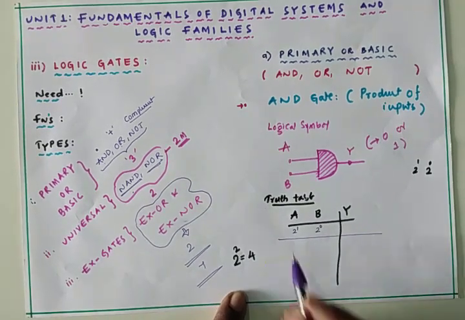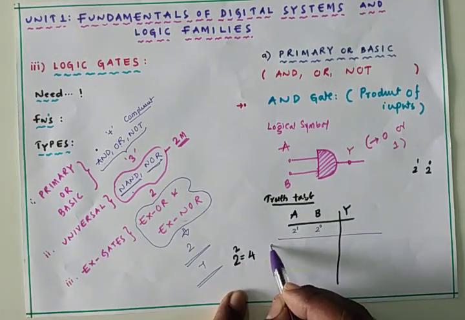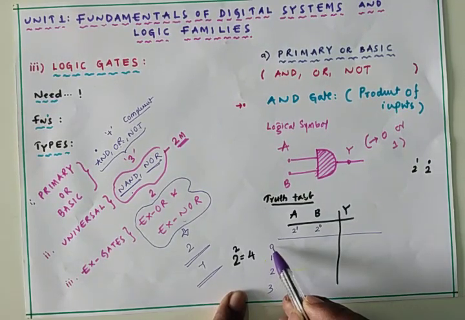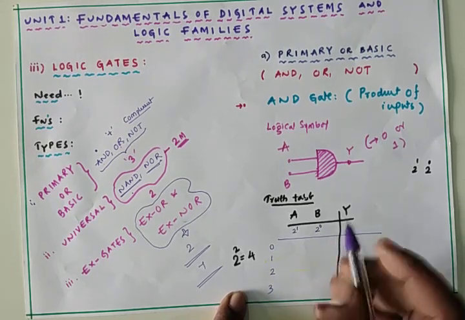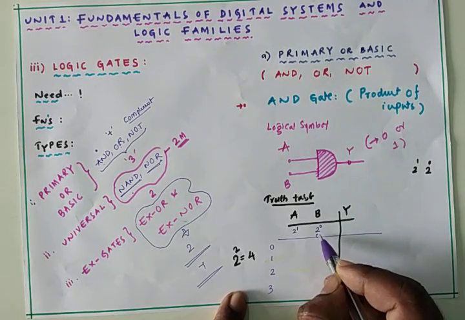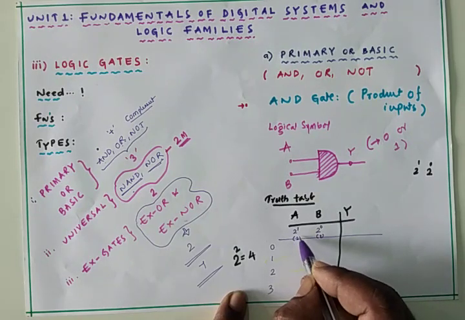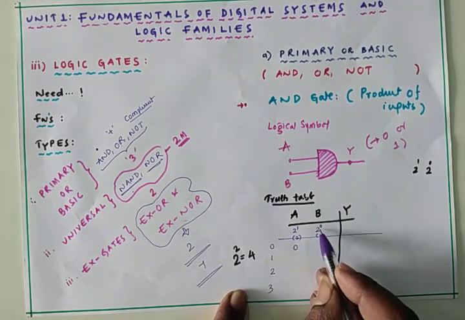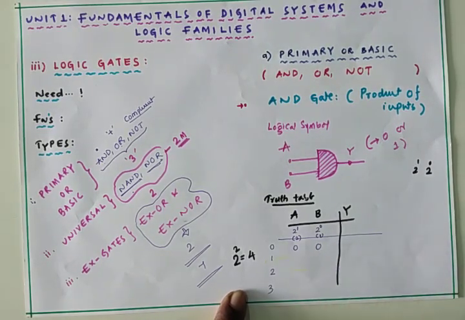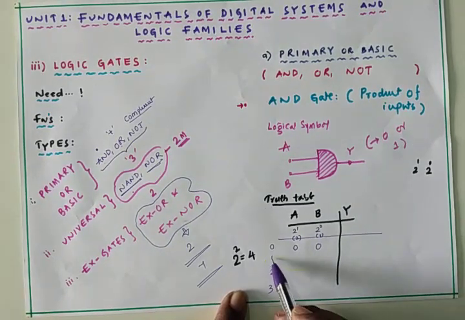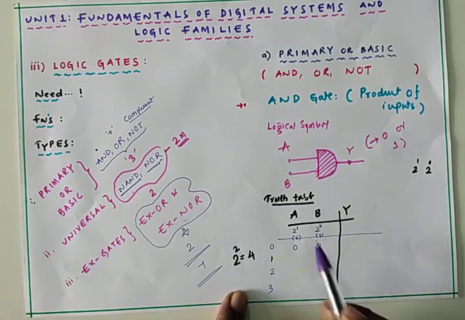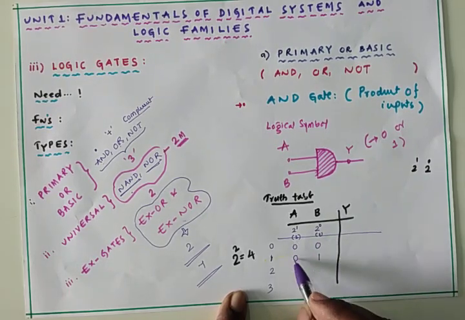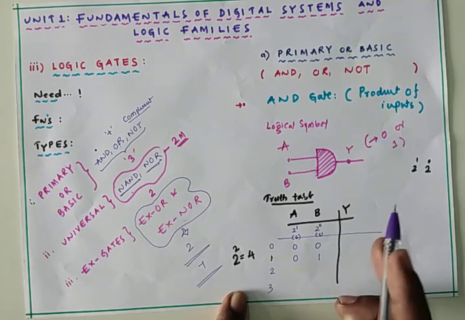Then go with the first one. 4 combinations means it starts with 0, 1, 2, 3. 4 combinations completed. 2 power of 0 means 1. 2 power of 1 means 2. We require 0. 0 means both are 0, so 0 plus 0 is 0. Here we require 1. That means the 2 place is 0 and the 1 place is 1, so I am not using the 2, and 0 plus 1 is 1.